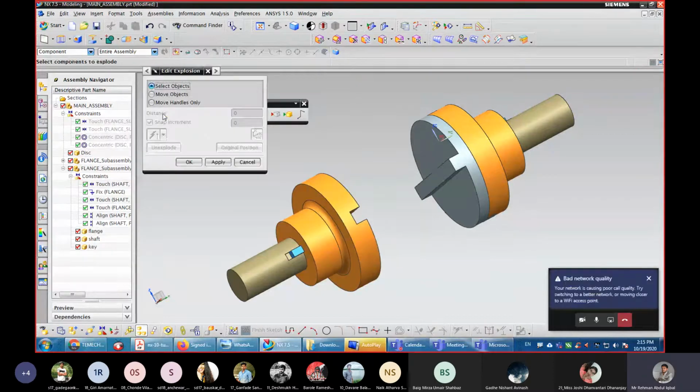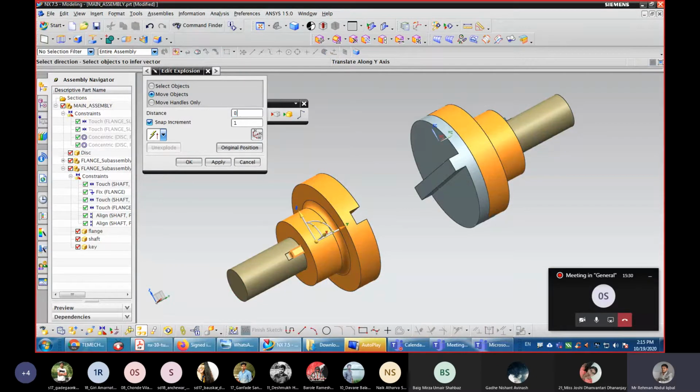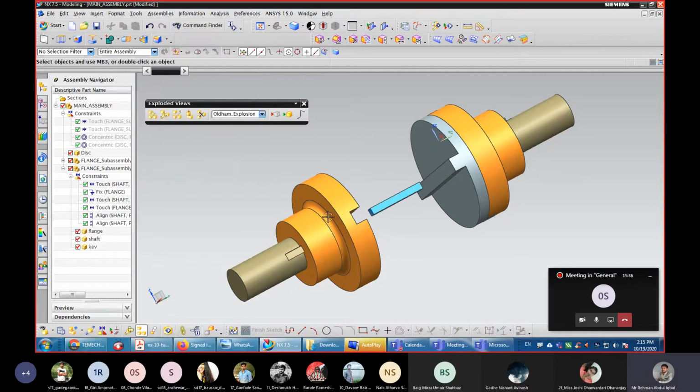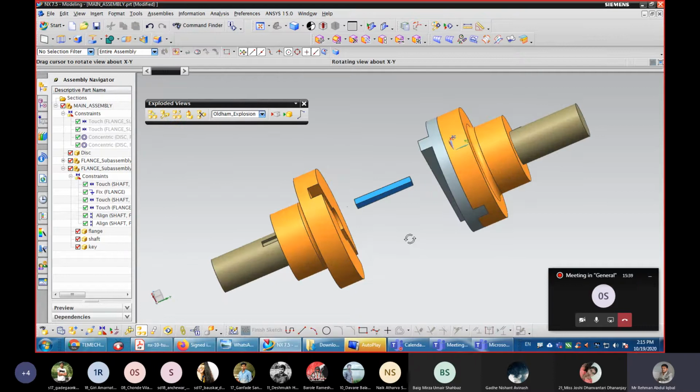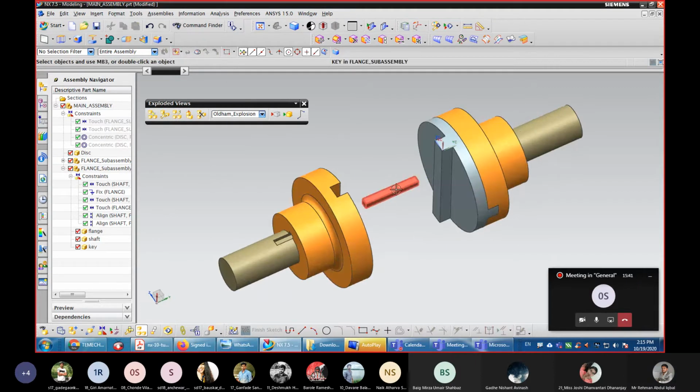Again go to edit explosion, select this key, move objects, and again select Y, and in the positive direction, in positive Y we will move this key. Click OK. You can see the key will be shown here.